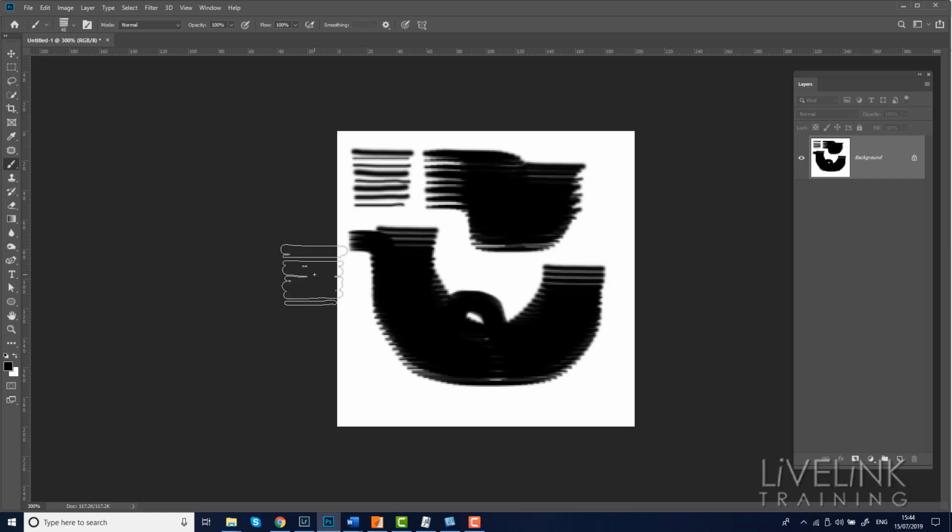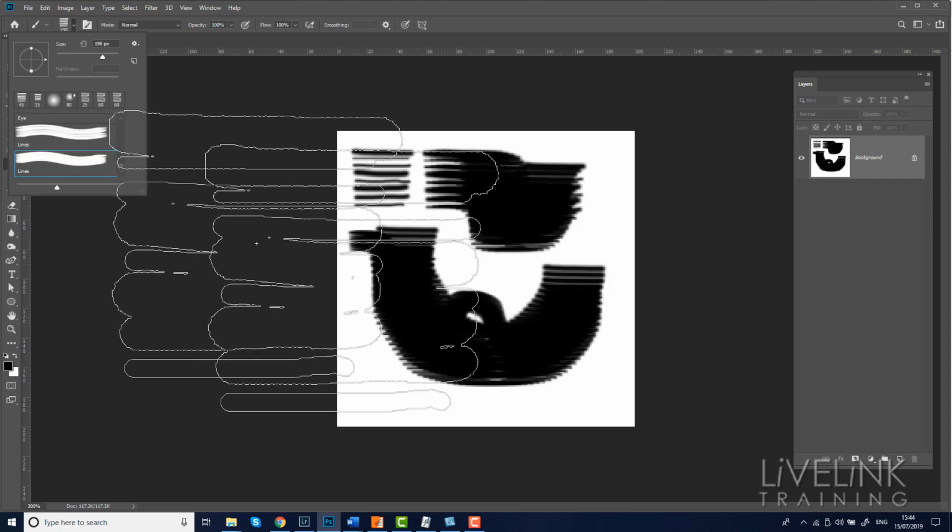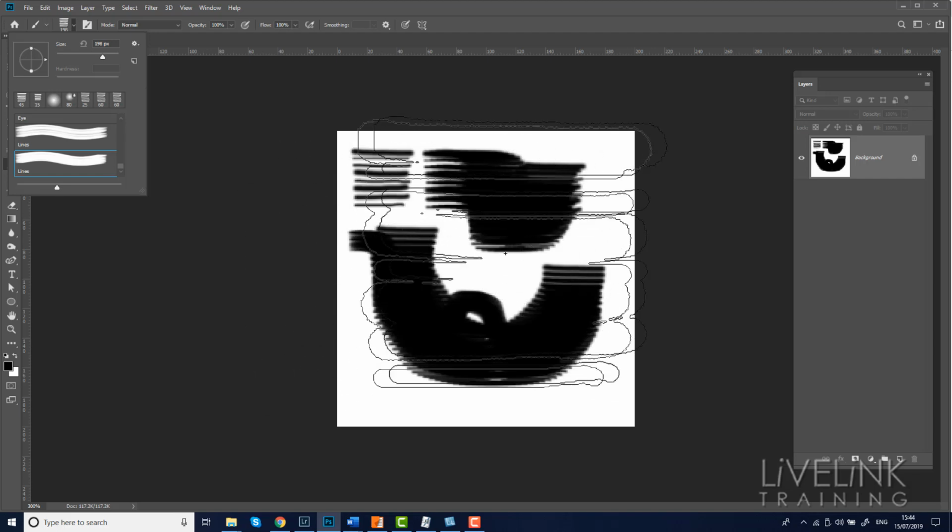Now where is this brush? Well, if we actually go up now and we click on this little down arrow again, which is what we did before, you'll see now that the actual brush itself is the bottom one. So you can scroll all the way up and all the way down, but it actually puts it as the last brush. And it selects it for you when you've made it. So if you wanted to select something else, you can select something else. If you want to select your brush, you go right down to the bottom and you can see my lines brush. I click on it, make it the size I want it,